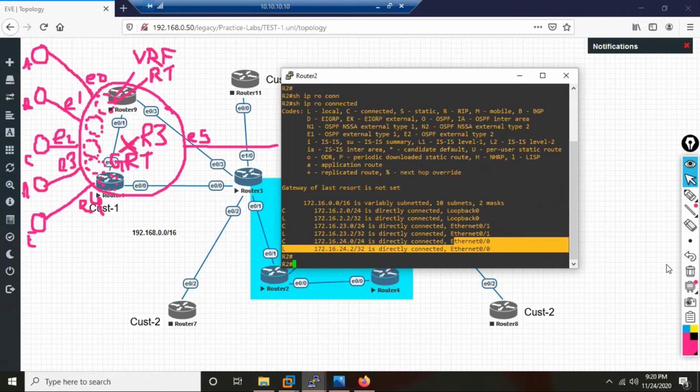VLAN is what? Virtual LAN. It's like a virtual LAN inside a switch. Physically, it's not like a physical subsegment. The same way, VRFs are like what? Virtual routers. That's the reason I have drawn them dotted inside. It's like they are in the memory of the router. Okay. So far so good.